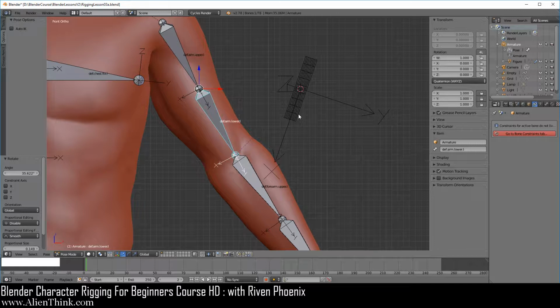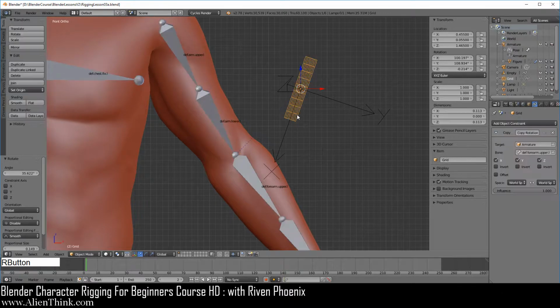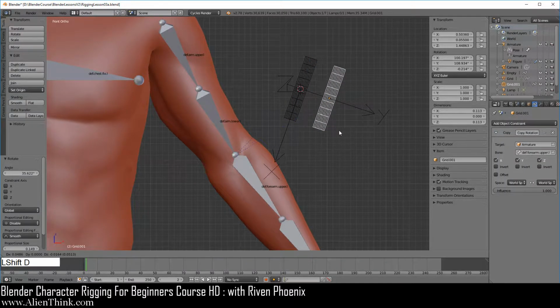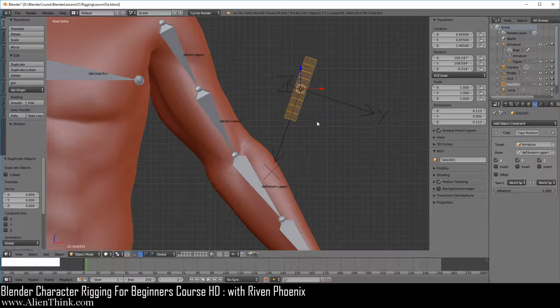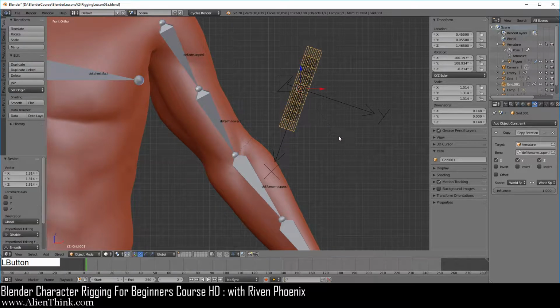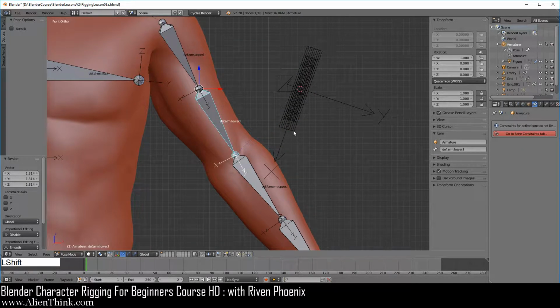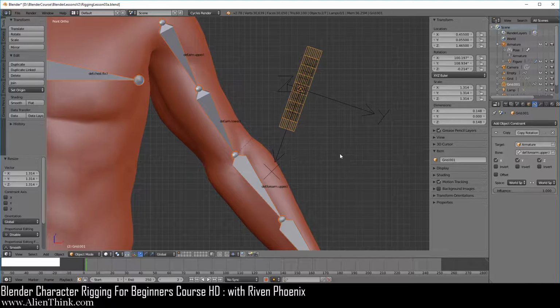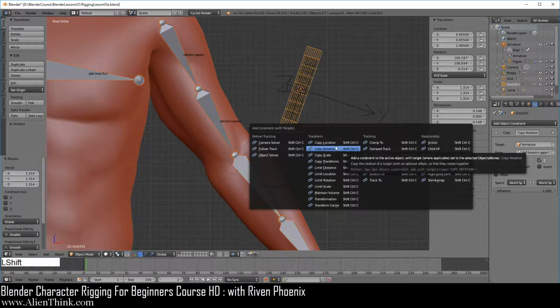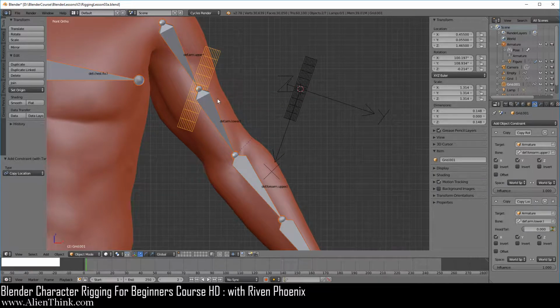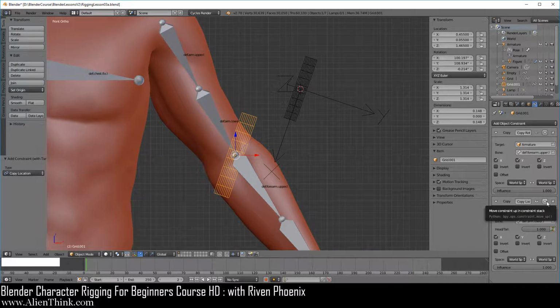So what we're going to do is go ahead and click on this grid, do Shift D to duplicate it, right click to cancel, and press the S key to scale this out a bit. Now over here what we need to do is copy the location of using this bone. Actually go ahead and click this, press the Shift key down, and click over here, and we're going to do Shift Control C, and we're going to do copy location. So it's going to put it over here. So this means that when we click on this grid, when we look at the location values, we're just going to put it on its tail. Go ahead and push it back up.